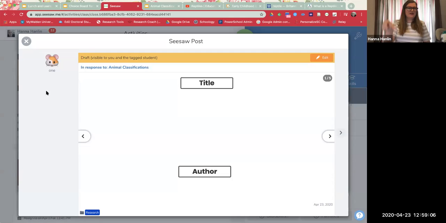And then there's also another column where the teacher can put a sticker or something whenever they've given feedback or seen it. And if they don't complete it all at one time, that draft part is important, so they can keep working throughout the day, pressing draft, and then submit it at the end of the day. So it's just less activities for you to try to filter through. All right, so I'm gonna X out of that